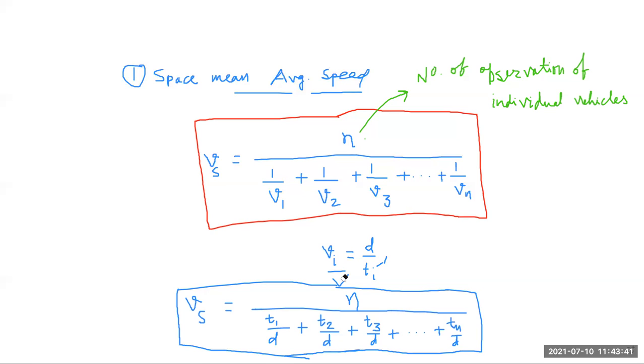Here Vs is your space mean speed, and d is the distance or length of the particular road. The average travel time of all the vehicles is obtained from the reciprocal of space mean speed. If we make another modification, we get Vs is equal to